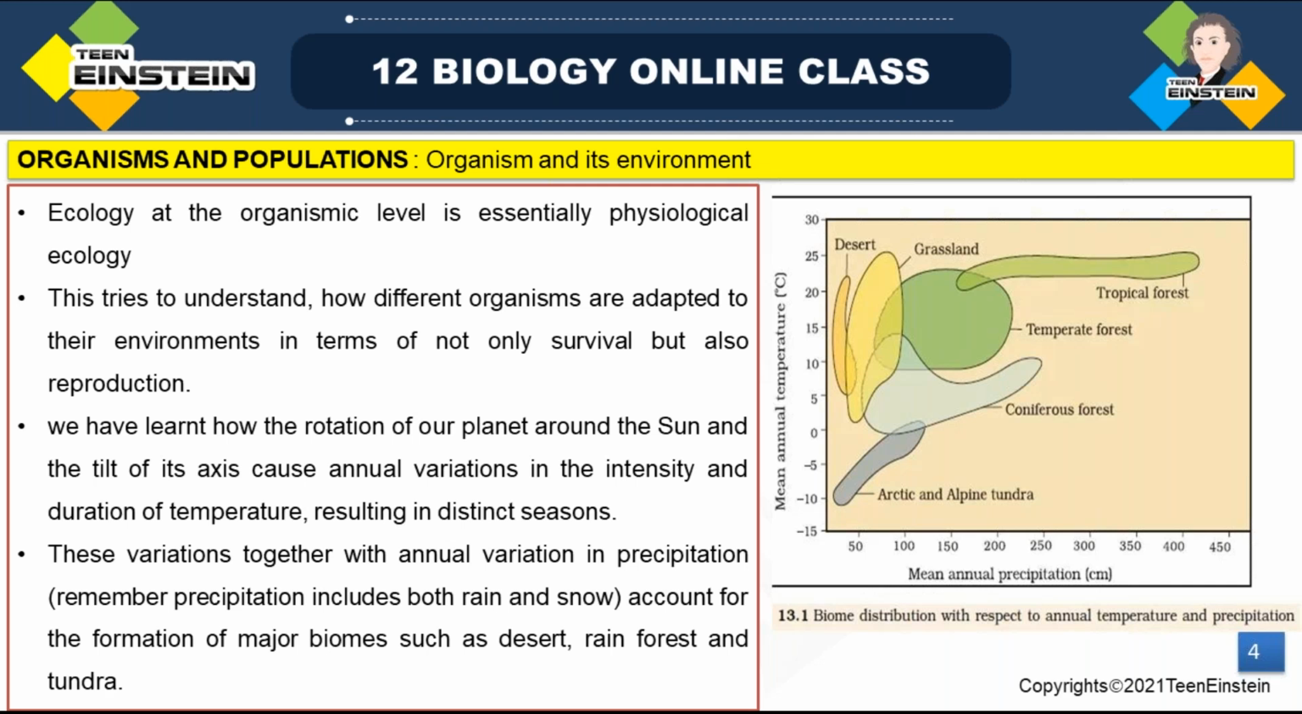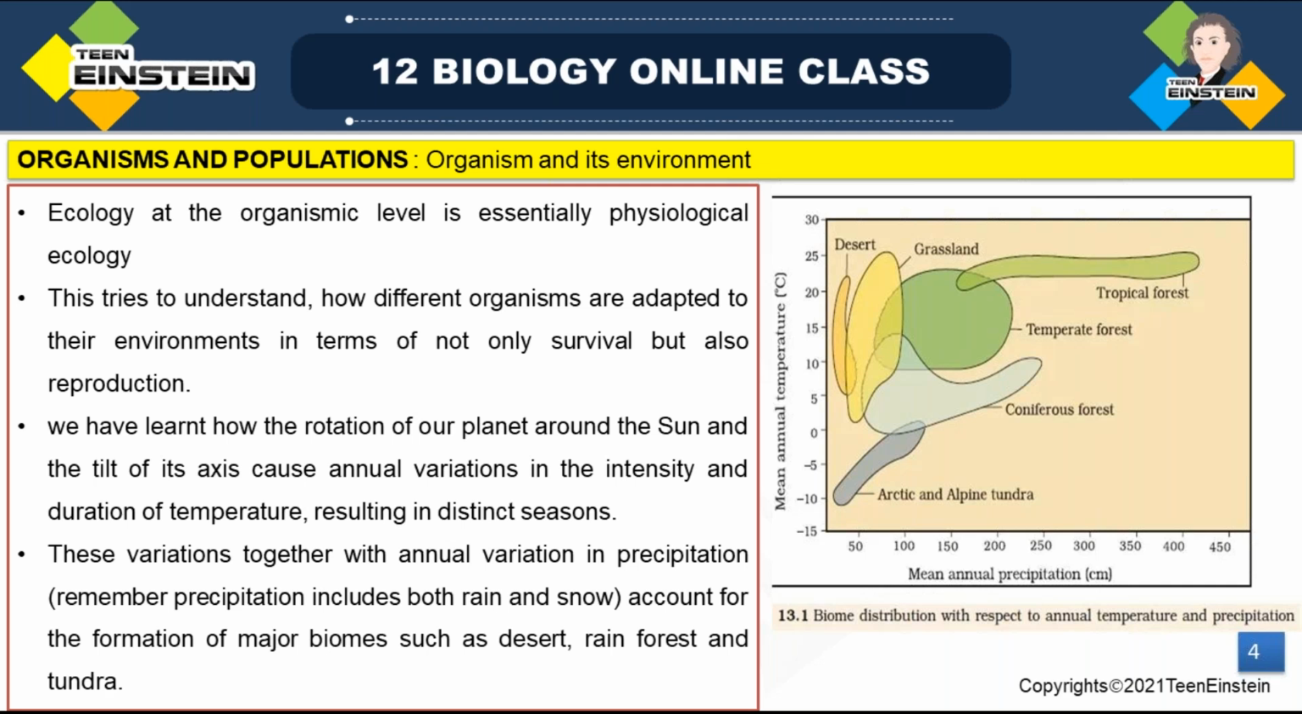The duration and intensity of temperature vary due to that rotation, and these variations are called different seasons. We have an idea about the summer season, right? Temperature will be high. Winter season, the cold season. Then the rainy season, where rainfall will be more. So this variation,